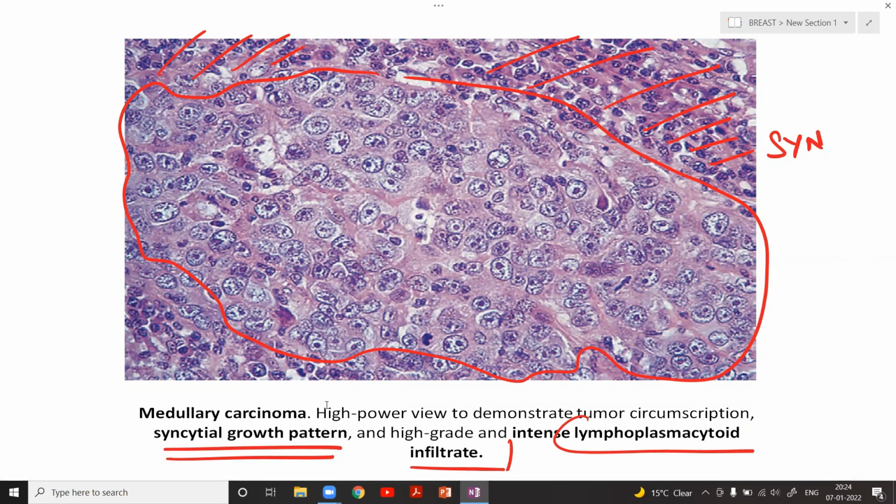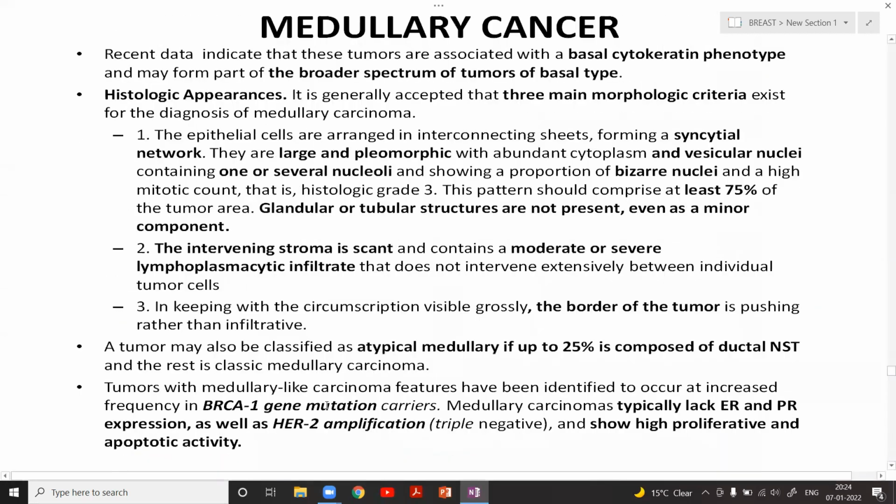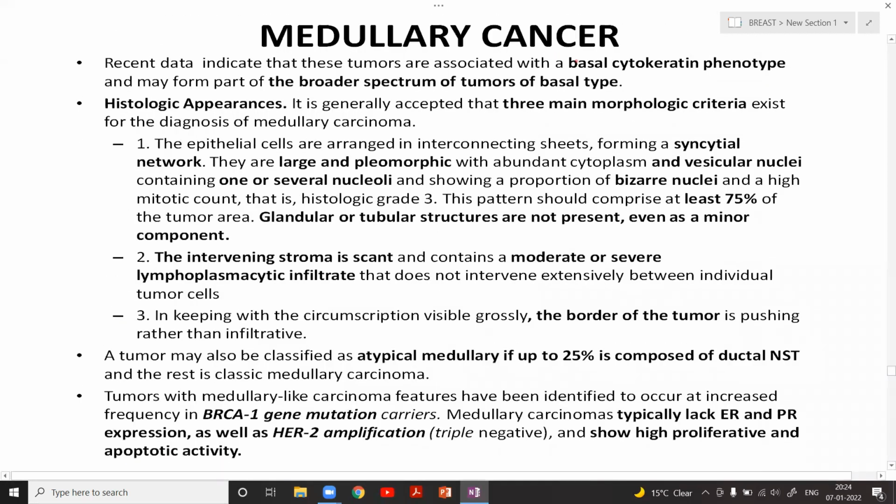For example, in the case of mucinous, tubular, cribriform, and lobular, why are we naming them? Because these have a good prognosis, so I can tell the patient that your 5-year prognosis is good. But over here there is no requirement to say so specially. So medullary carcinoma has a basal type profile, meaning ER, PR, HER2 negative. Histologically, as I told you, they are present in a syncytium, with large pleomorphic cells, vesicular nuclei, bizarre nuclei, no tubular structures, and no desmoplasia.